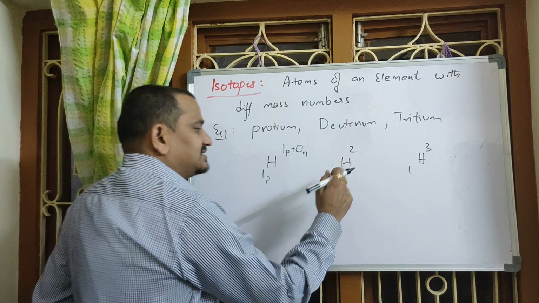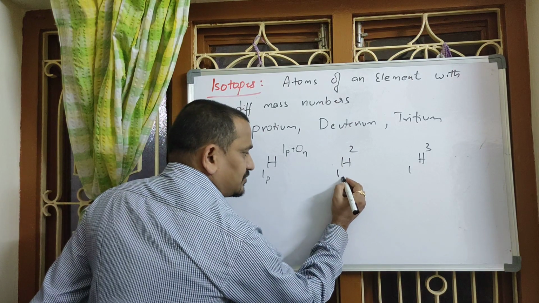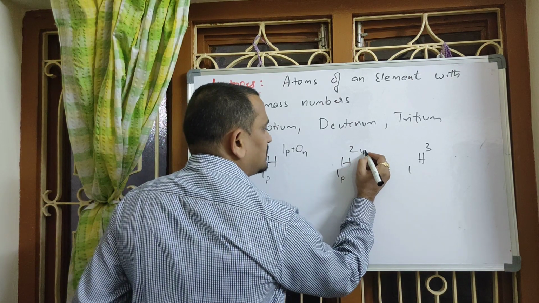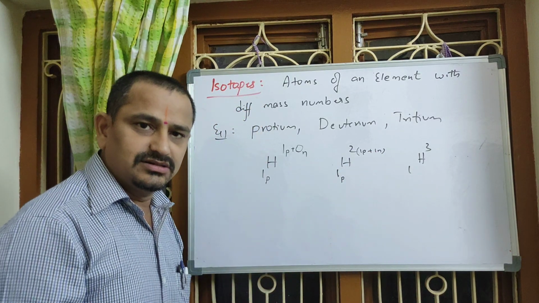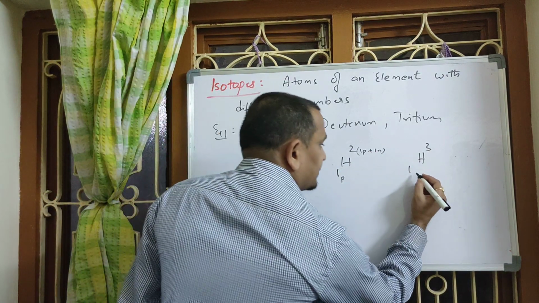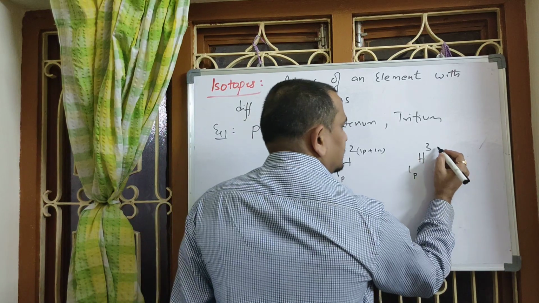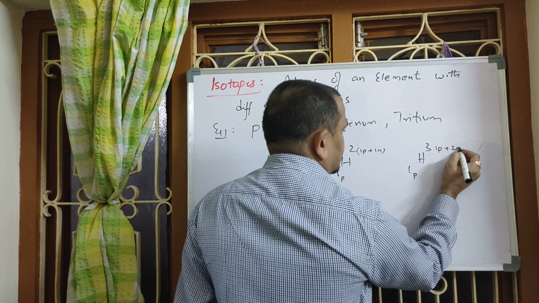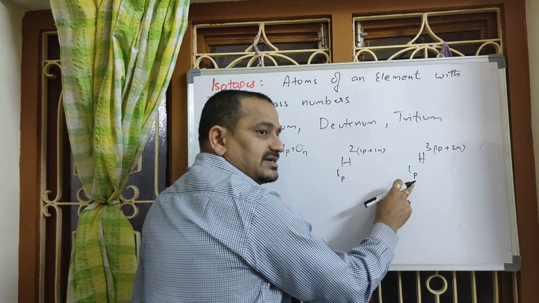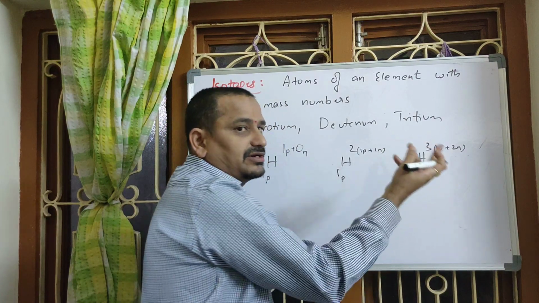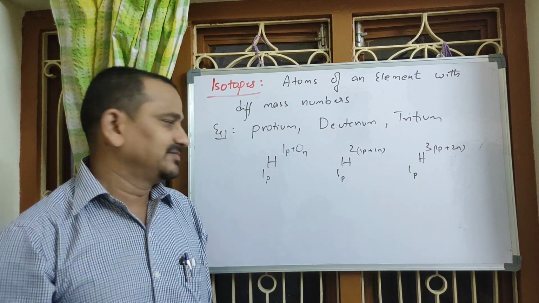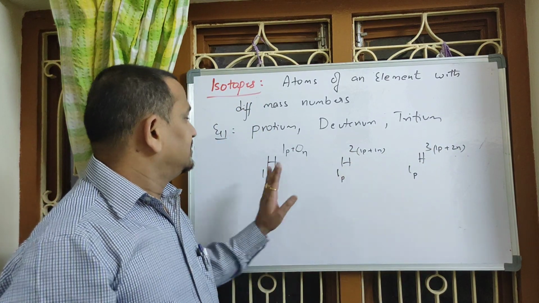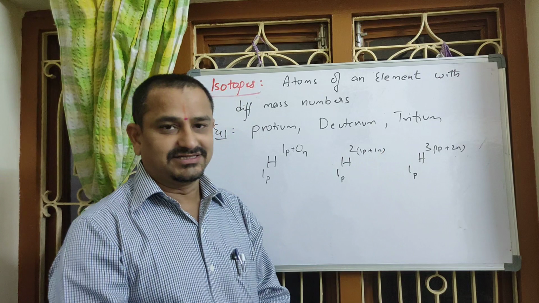Got it? Deuterium has this value corresponding to the proton, whereas this 2 corresponds to 1 proton and 1 neutron. And this is 1 proton, the atomic number, and this is 1 proton plus 2 neutrons. Whatever protons are present, we specify the same here and there, because the total thing is the nuclear composition. So in this way, these 3 isotopes can be considered, right?